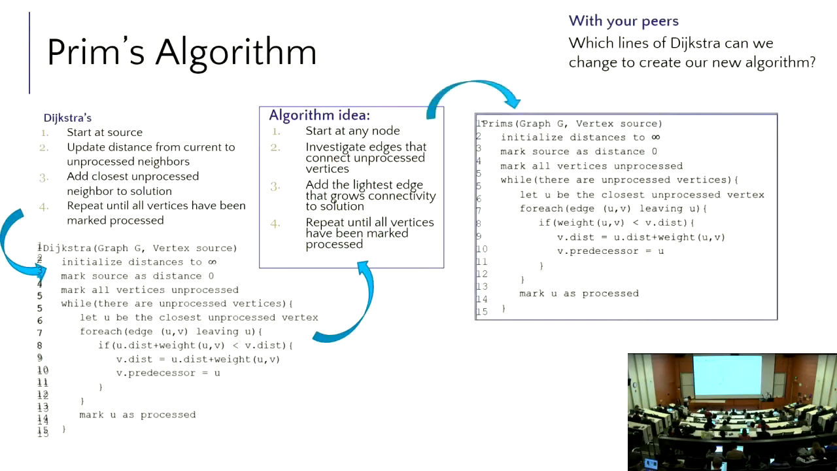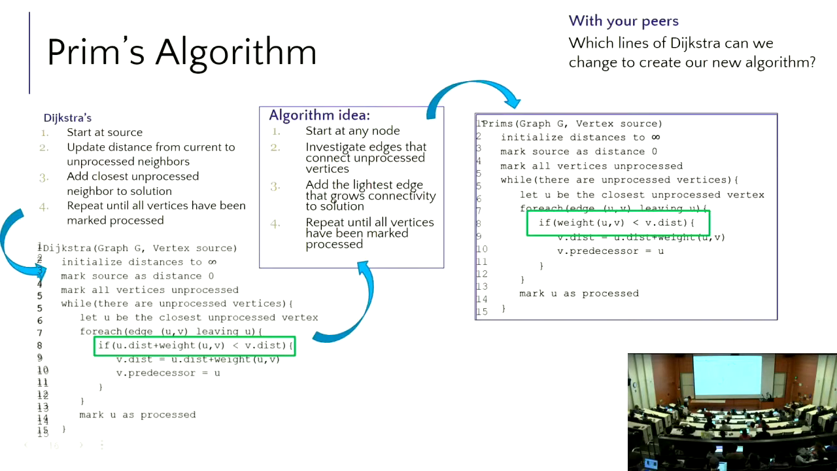I'm not going to make you do this. So here is the pseudocode for Prim's algorithm. Here is our pseudocode for Dijkstra's algorithm. And if you see here, here is the difference between the two pseudocodes. And if you can see what's happening here,